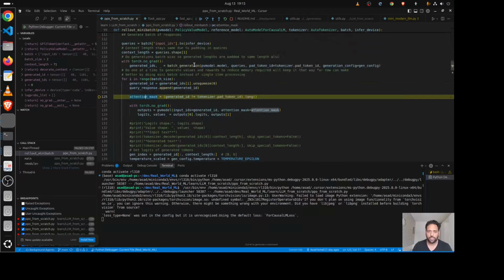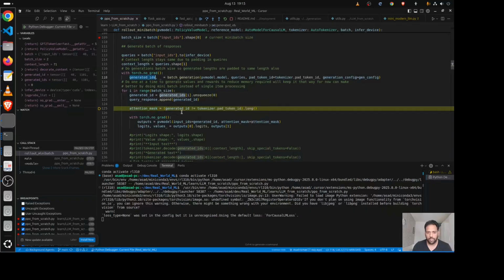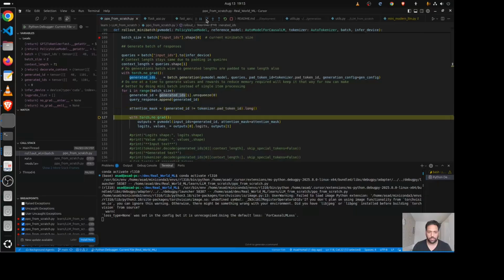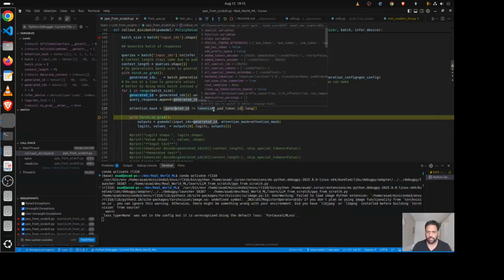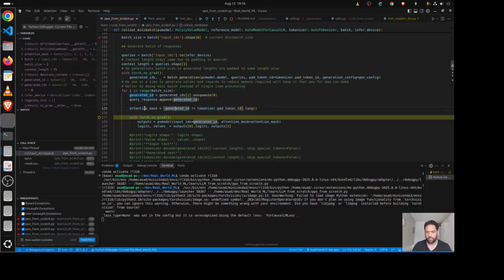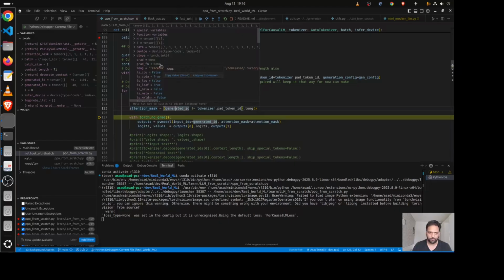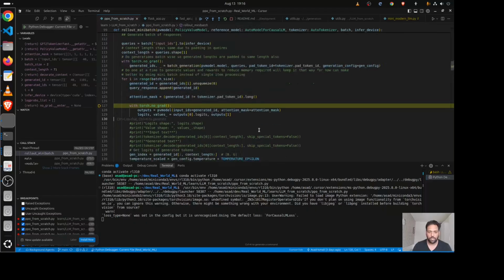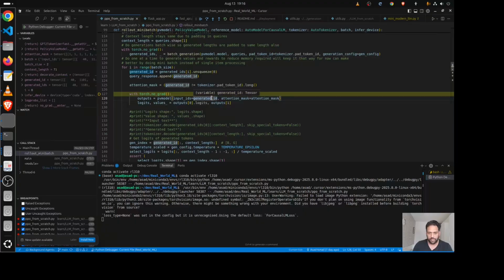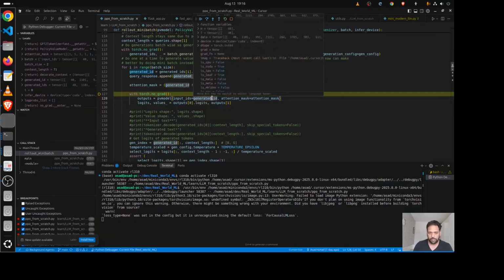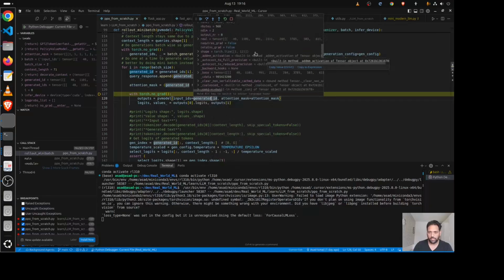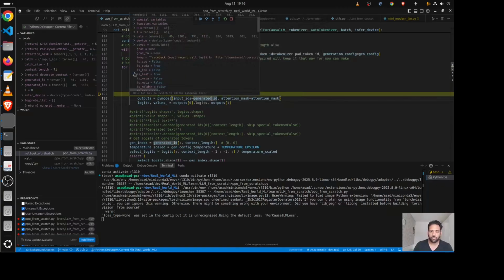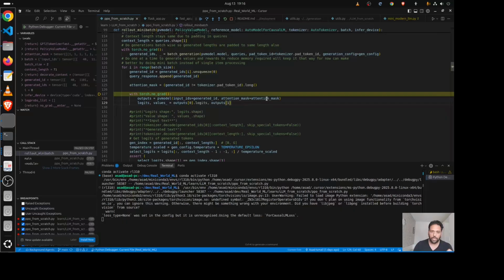Now since we generated the outputs of the same length, we need to figure out where those paired tokens are so we can remove the effect of those tokens in the downstream task. So this is generated ID wherever it is not equal to paired token, and then convert to long, so it is kind of integer. So it will be 1 wherever it is not equal to paired token ID, and 0 when it is equal to paired token ID. We are going to pass this generated IDs, which is again query plus the response, its size of 1 cross 121 because we are going through each batch,